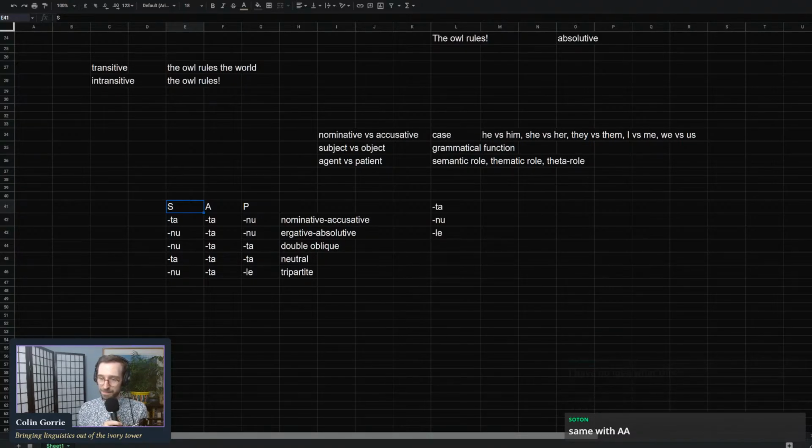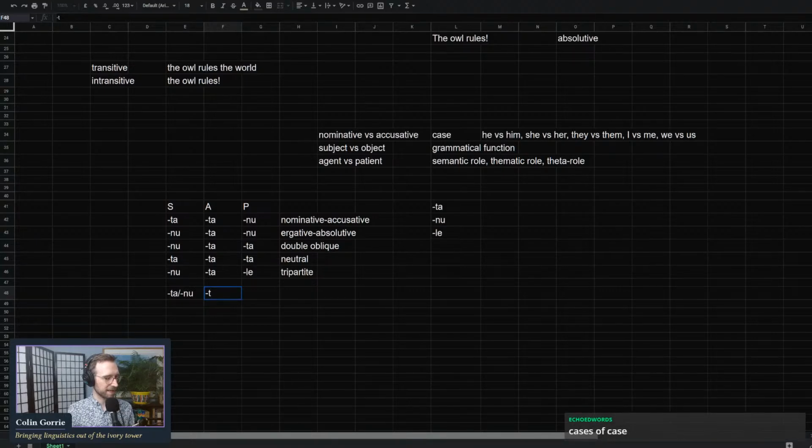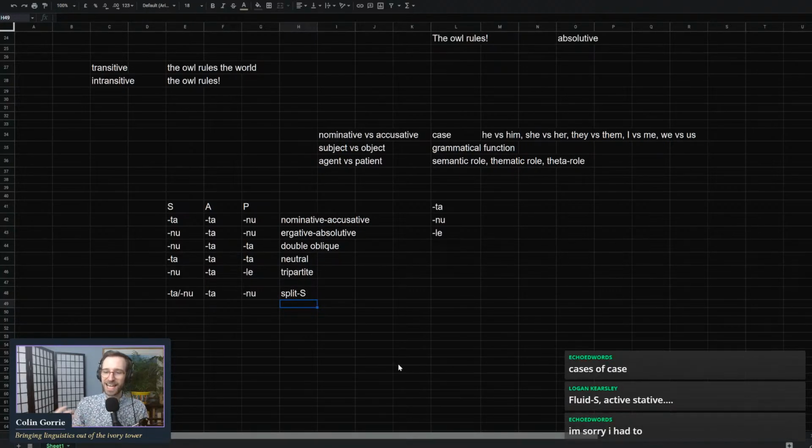And it gets more complicated because there are also systems that split different types of these arguments even below the S level. We've been talking about S, A, and P like they're all the same, but there are some languages, for example, which split the S. So some S's take ta and some S's take nu, depending on how agent-like the subject of the intransitive sentence is, and how patient-like